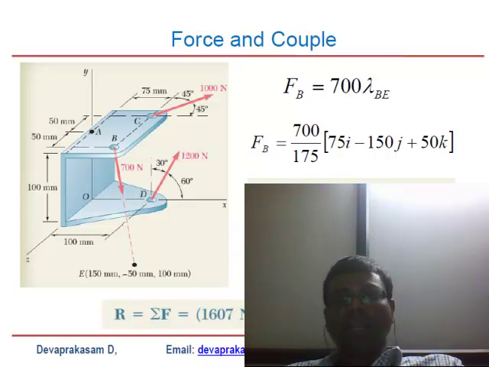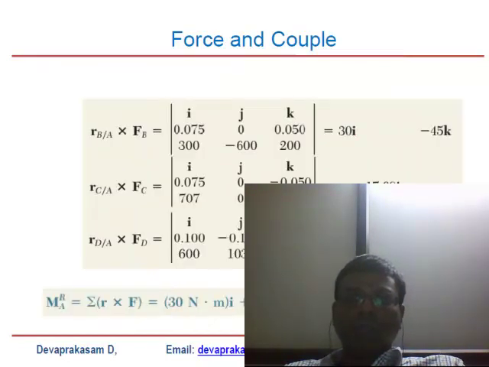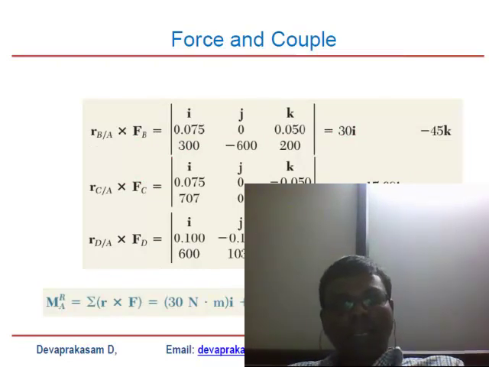1607 Newton, 439 Newton, and 507 Newton. That is in the Z direction, which is opposite of the positive. So that's how we get a resultant force. Now, moving on to finding the moment of each force acting at A,